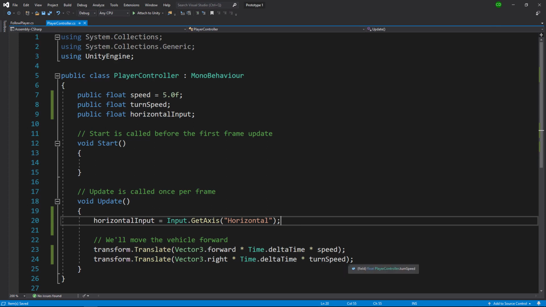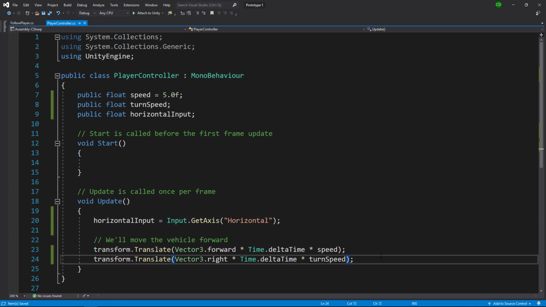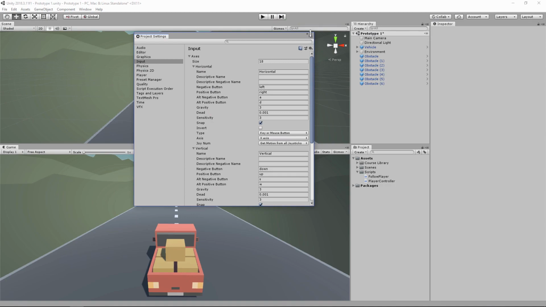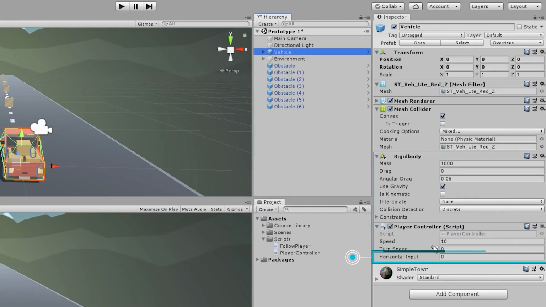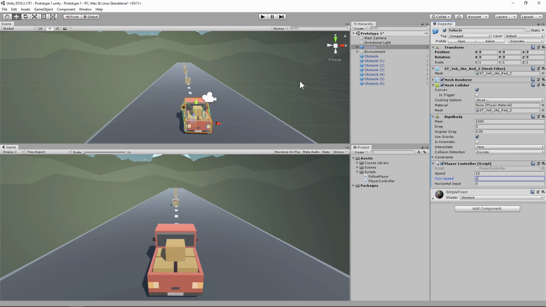And then last but not least, we need to go into our translate and multiply this by our horizontal input. Now make sure you save, and we can close out of our project settings. Let's make sure we select that vehicle so we can see what's happening on the horizontal input. Our turn speed is set to 0, so we know that's not going to work. So we'll set it to 1 for now. And then if we press play,